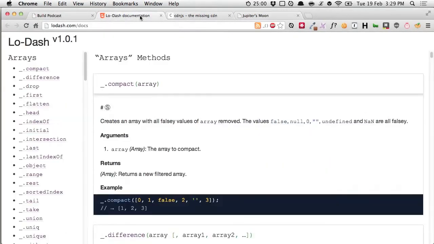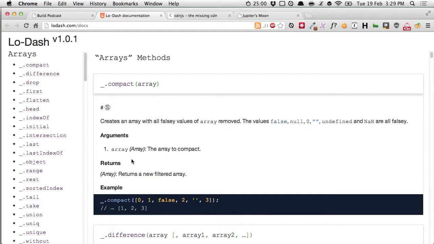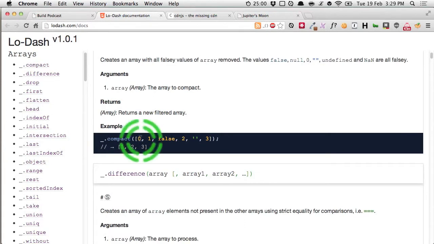First thing that we'll be looking at are some of the array functions here. For example, compact, flatten, range, rest. These are basically manipulating data. For example, if you look at the compact function and if you pass in an array, look what it does. It basically just throws out values such as 0, false, and empty string, and it will just give you